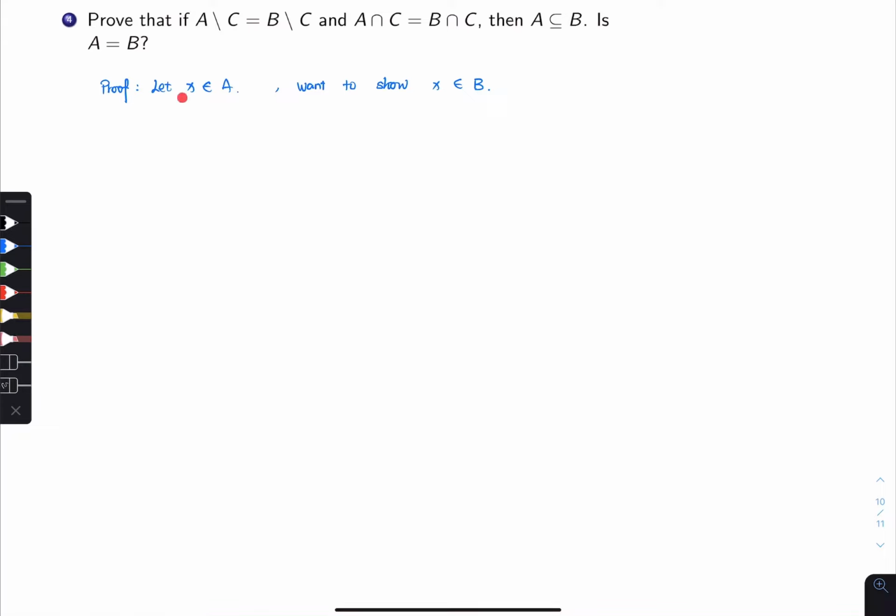We know X is in A. We want to show it's also in B. But do we know anything about C? Do we know if X is in C or not? We don't, okay? We don't know anything. So that means we have 2 different cases. Our X is either in C or not in C. So the first case is, suppose